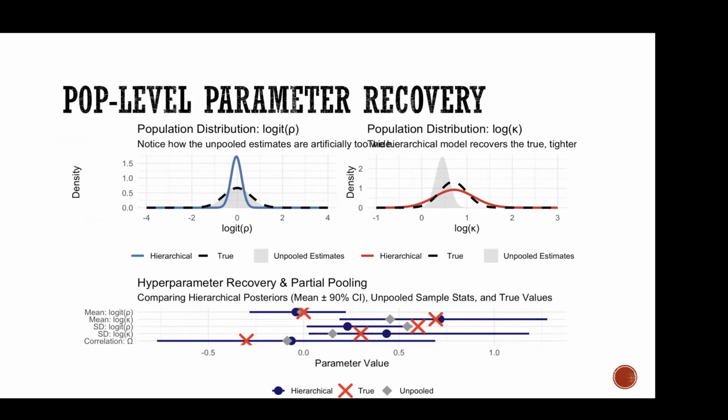When we look at the kappa, we see that the unpooled estimate is really far off. And our hierarchical model, in red, is underconfident, but it's capturing the mode of the kappa. So it seems to be doing slightly better on one simulation than what the single agents were doing. Here is just a different way of visualizing it, where the true is the red cross, the unpooled is the diamond, and the circle is the hierarchical one, just to see which one is closest to the true.